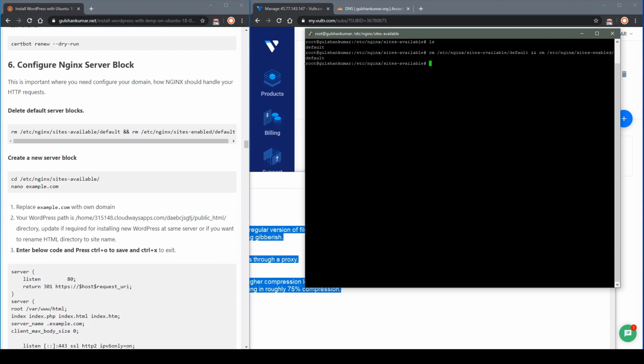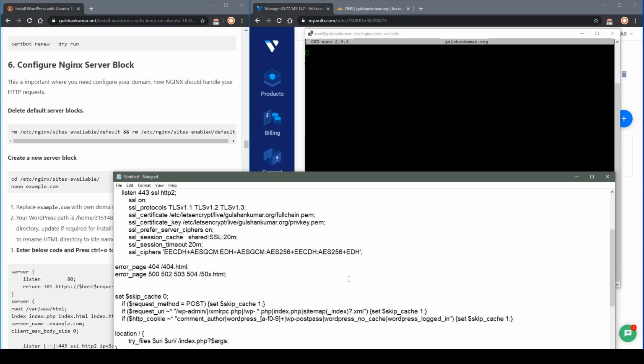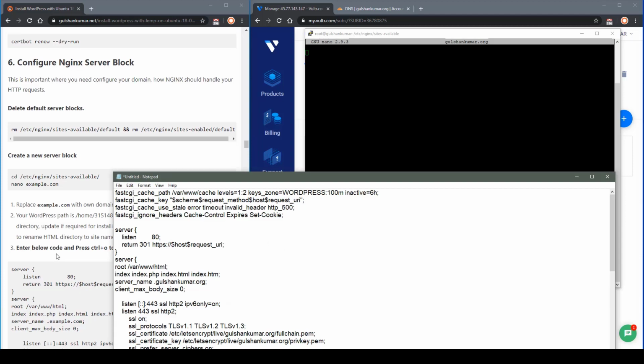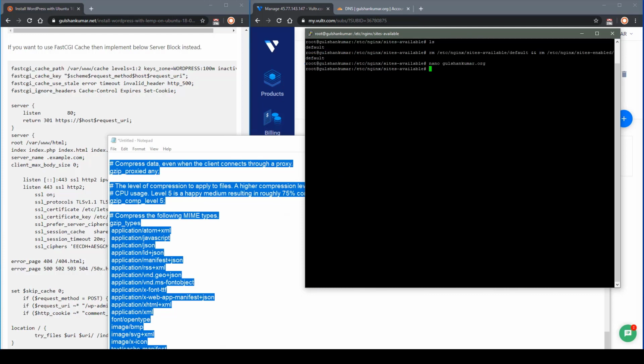They are available in the sites-available and sites-enabled locations. So I deleted my previous ones, and now I will create a new file for the server block. Okay, I have generated this file from here. Ctrl+O to save, and this is done.